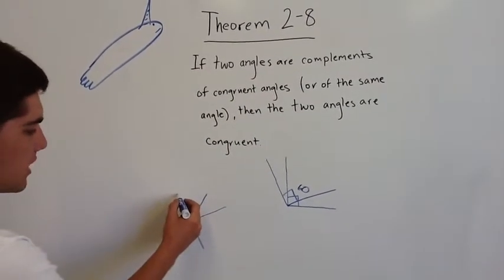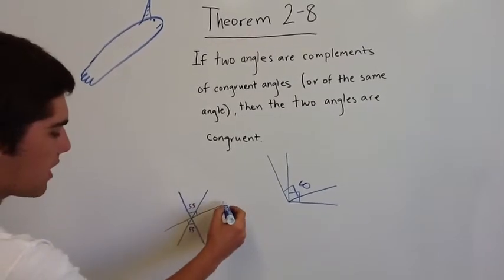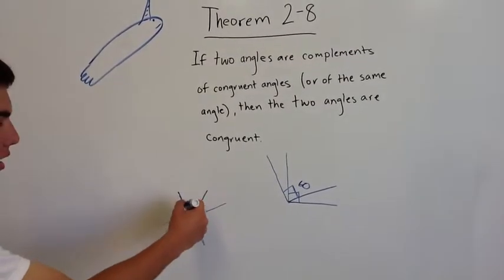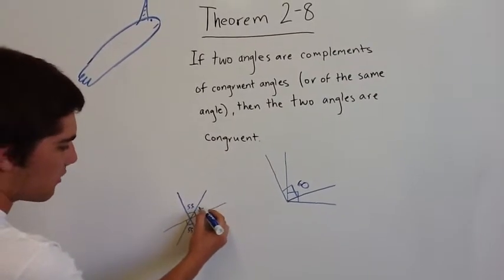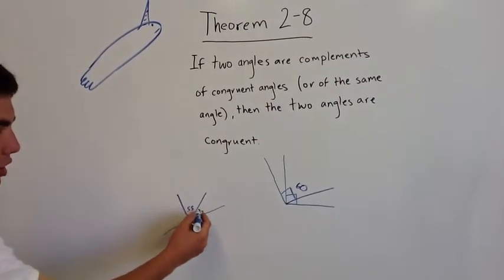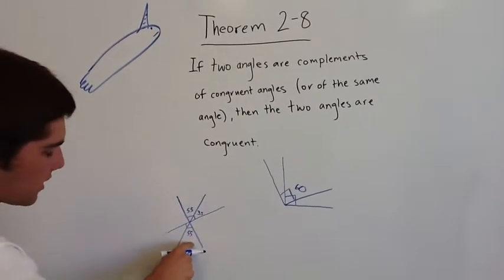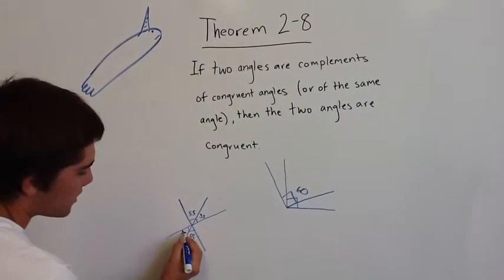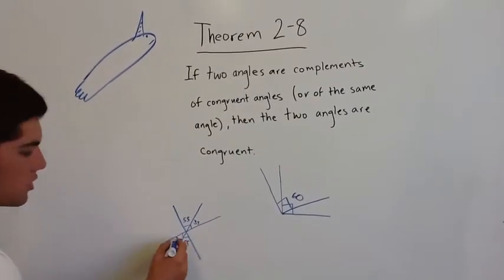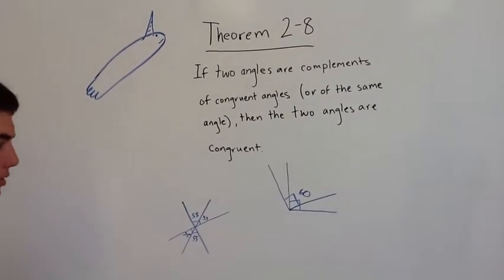And we can see this angle right here, bam, bam, that's a 90-degree angle. So this angle has to be 35 degrees. This 90 degrees, these two are complements. And right here, 55 degrees, this is the other complement, so this is 35 degrees. So these two are congruent, because they're both